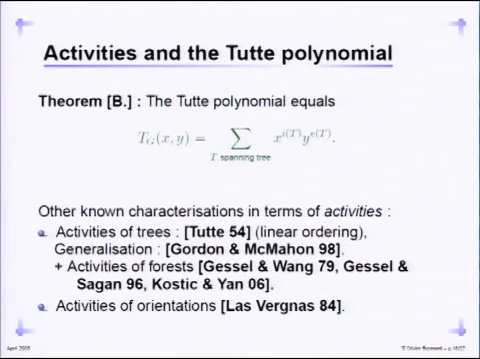But when I sum over all trees, I find something that is completely independent of the embedding and that only depends on the graph. And this is the Tutte polynomial. Okay, so this identity is not trivial. I should mention that there are several other characterizations in terms of activity, several other theorems that look like that, and the first of them was written by Tutte in